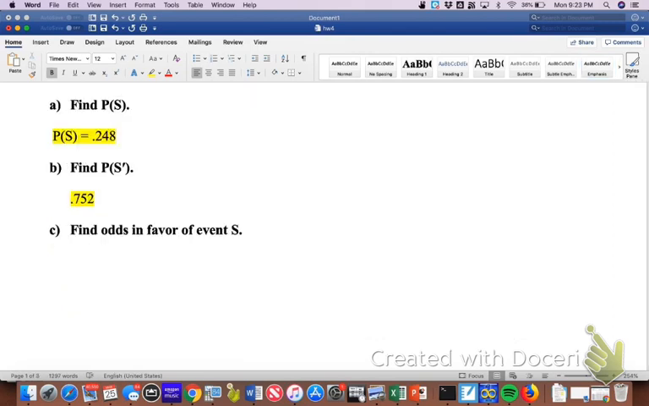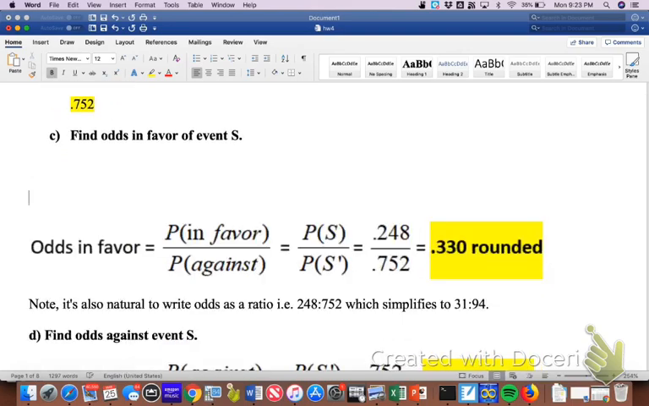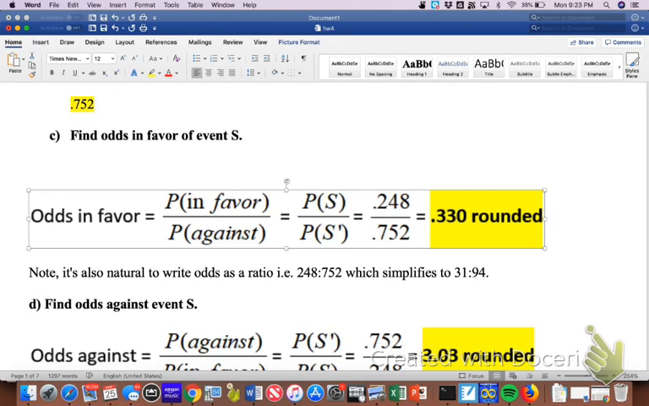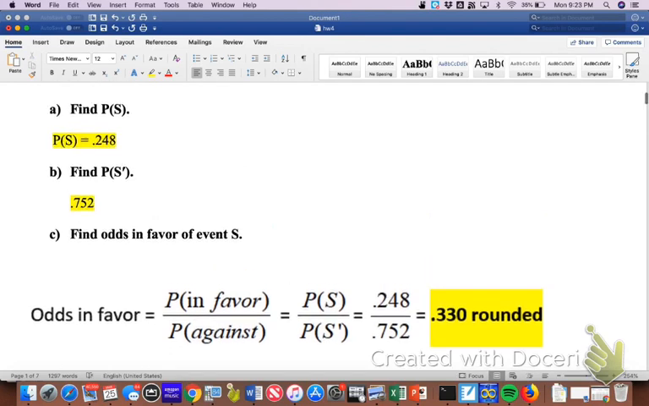Part C is asking us to find the odds in favor of event S. And in order to do that, we need to use the following formula here. So the odds in favor, oops, sorry, just wanted to declutter that a little bit. So the odds in favor of S, so remember we found that in step 1, the odds in favor, or I'm sorry, the probability in favor